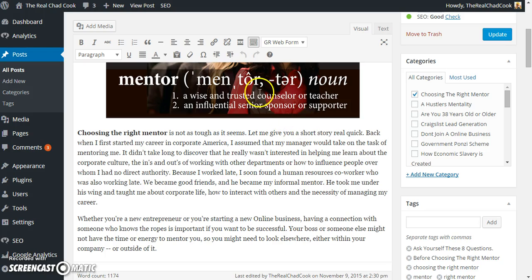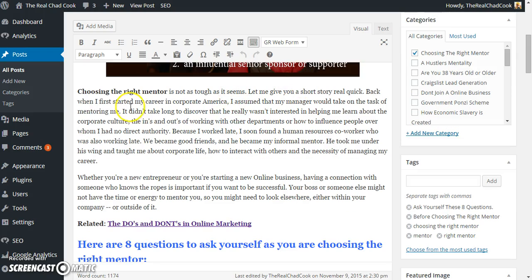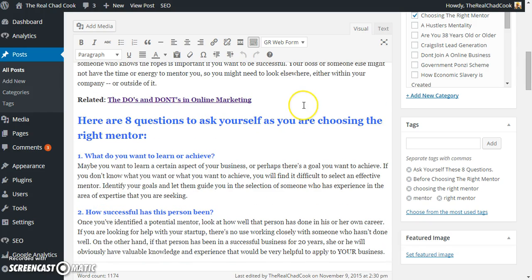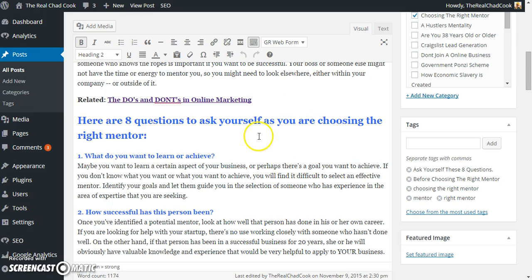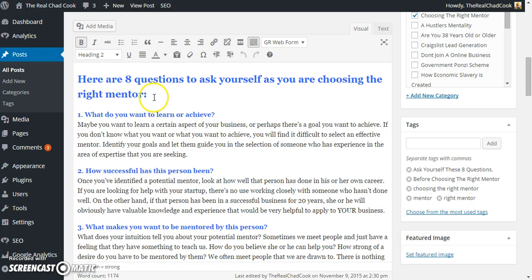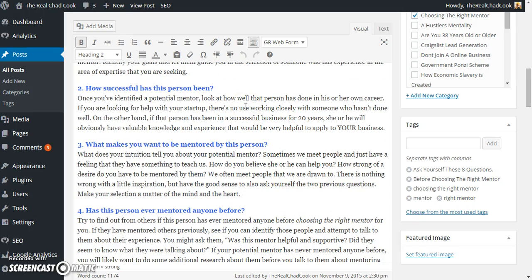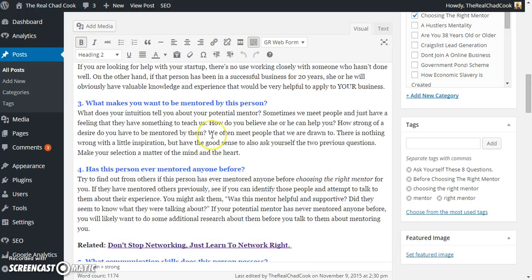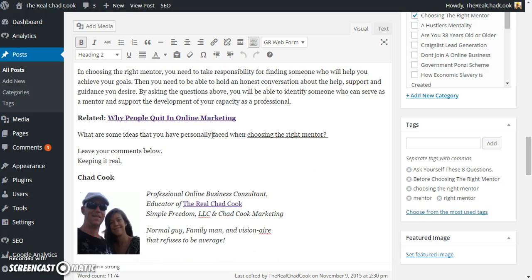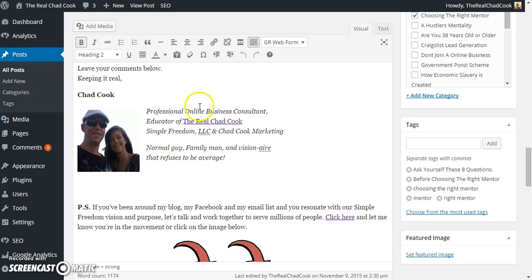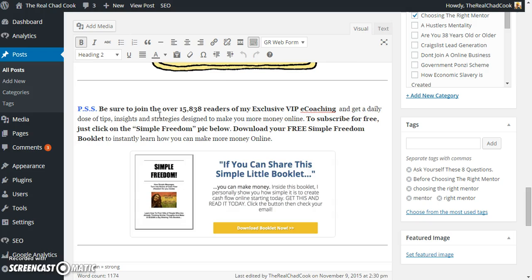Secondly, remember we talked about how to make clickable images. We put your content on there. If you have been posting before, you always want to put related clickable links inside your blog post that you're creating now, so that way it pings back towards each other. We showed you how to create your H2, which is your heading 2. We showed you how to make it easy on the reader's eyes. And we showed you how to copy and paste your signature that you're going to use for every single blog